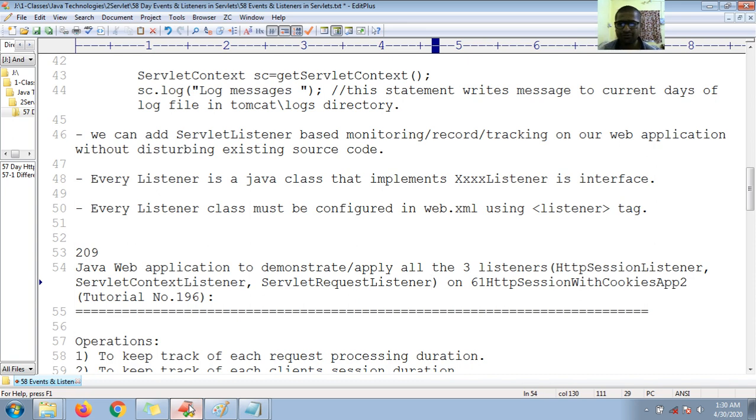Okay, fine. So a Java web application to apply all three listeners, like HttpSessionListener, ServletContextListener, and ServletRequestListener. I'm going to apply those listeners on my existing web application. This is my existing web application, which we already studied in tutorial number 196. Okay boss, fine.